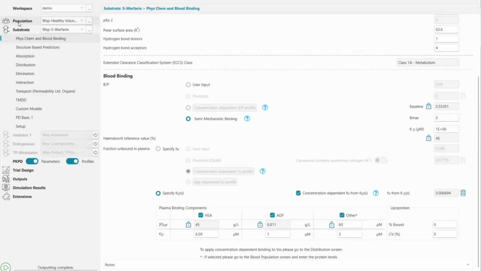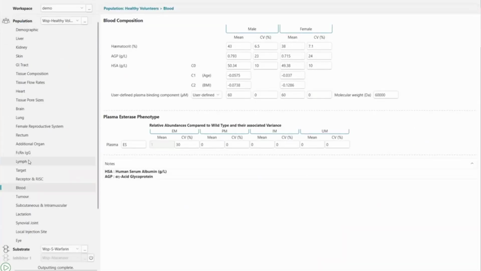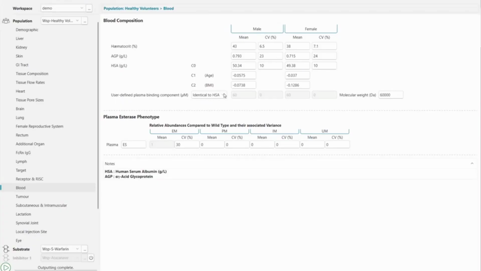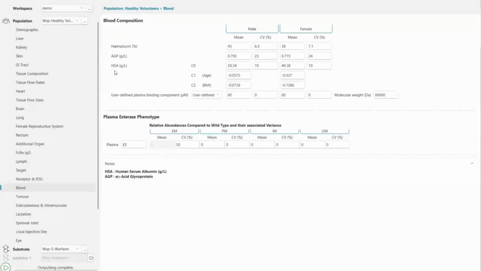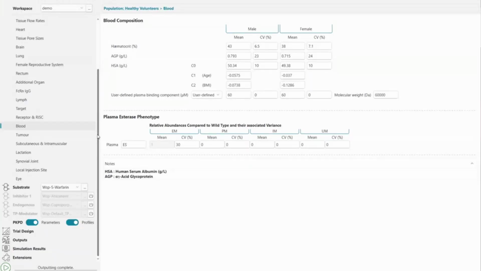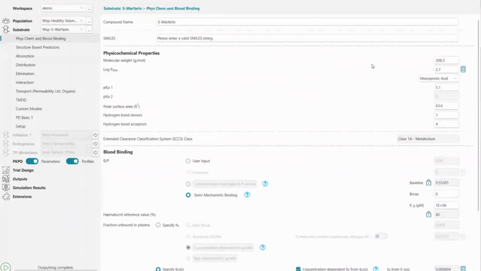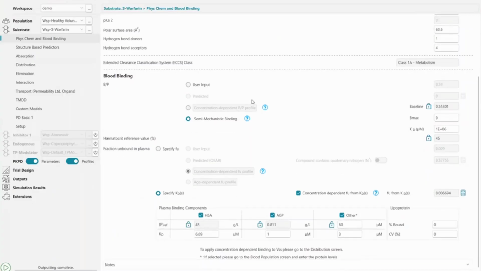And to do that is in the population blood screen. So here's all the information in terms of setting the distribution, hematocrit, and the AGP and the albumin. It's also where you can select or enter the information for the user-defined plasma binding component, and if you want to do say 2 binding sites to AGP or albumin, you can select that there. Okay, so that's the different options on the PhysChem screen for choosing these